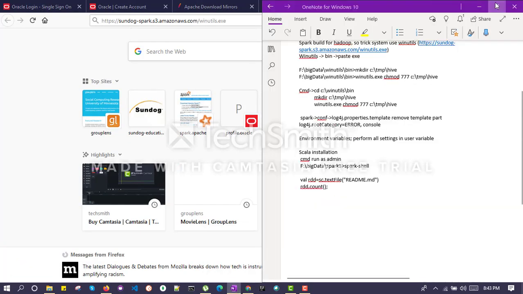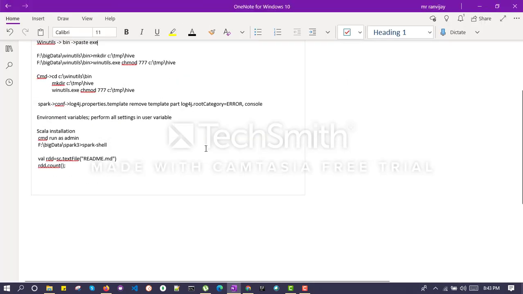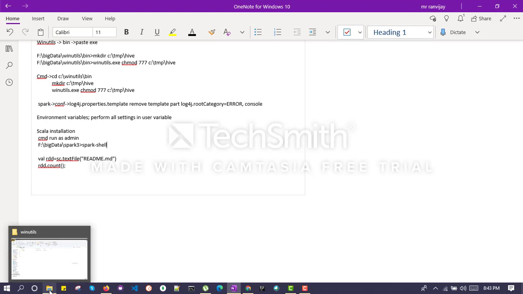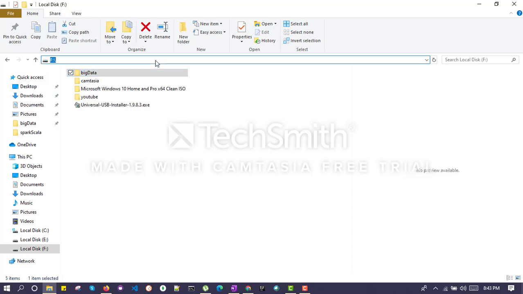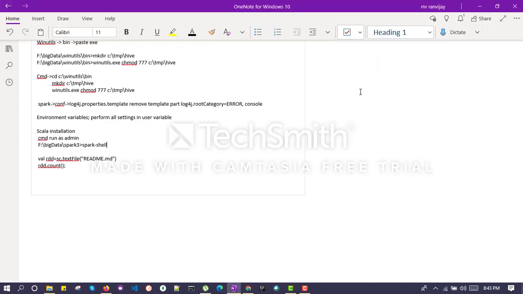So we just need to run Scala now. Just open CMD from anywhere, since we have already done the configuration. So no matter from which folder we are launching Scala, it will launch because the system will tell it where to execute. So just go to the F drive and go over here. Do we need to run in admin permission? Okay, we need to run it in admin permission.